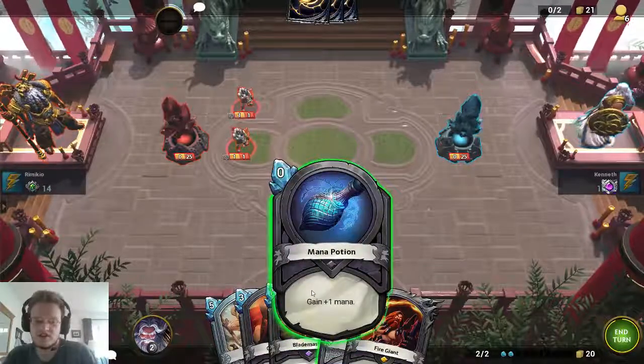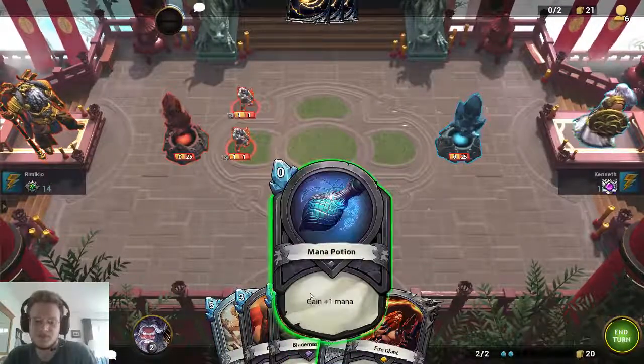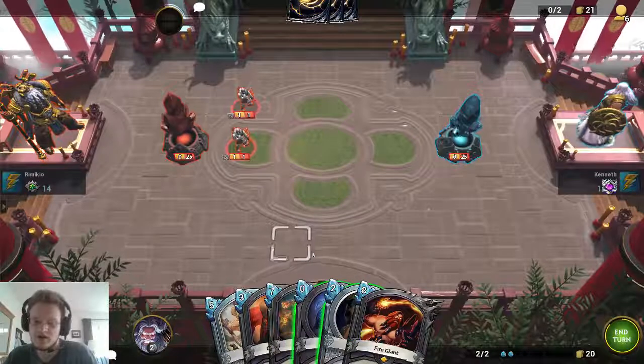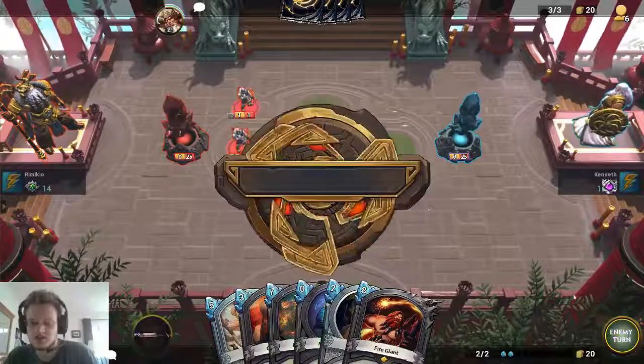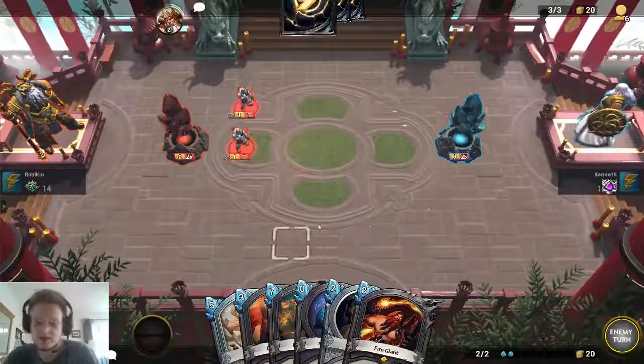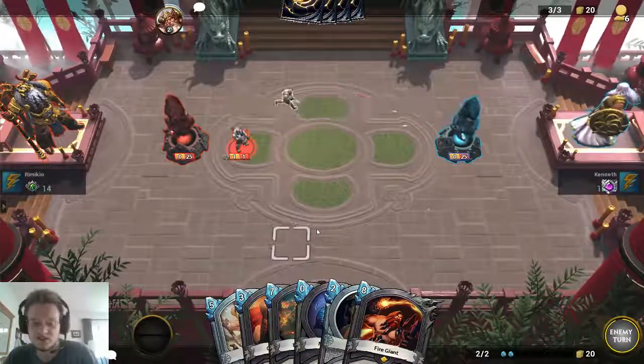I seriously debated coining Thingy here. I actually think I do coin Thingy. Yeah, I think I coin Chaos Spawn here, just to... No, I just pass. Just kidding. But then I just play Tempo Chaos Spawn next turn. I wanted to save the coin because I really wanted...